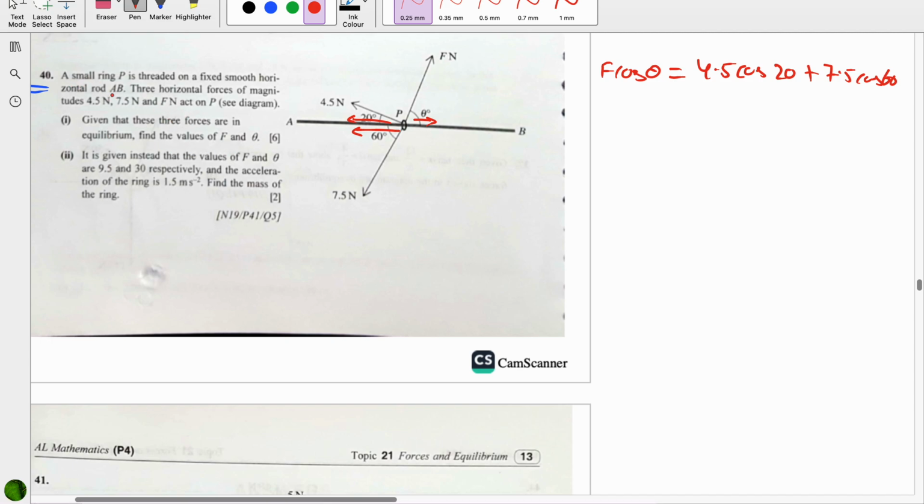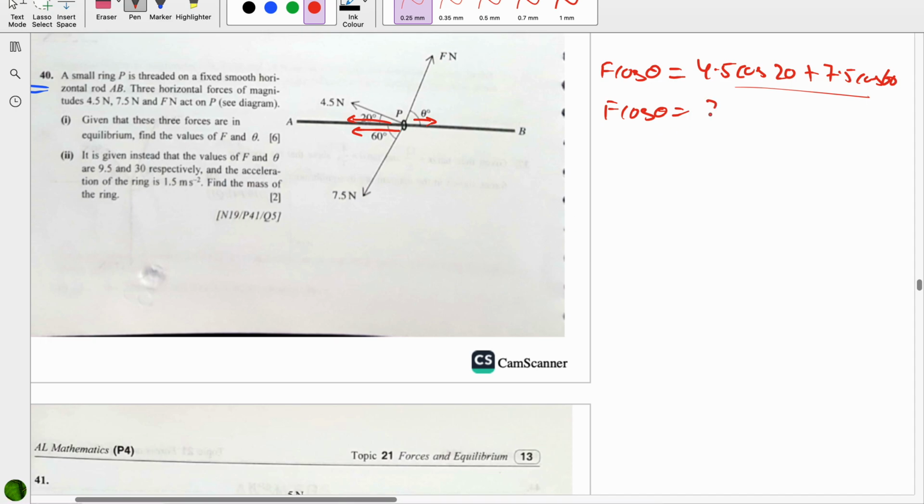And we do not need to consider the mass in the first equation. So F cos theta is equal to, all of this is known, that are numbers. So 4.5 times cos of 20 plus 7.5 cos of 60 is equal to